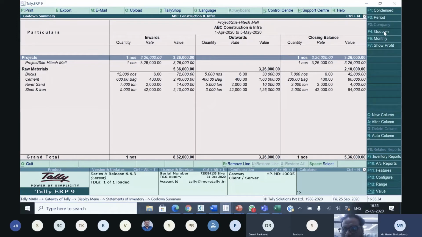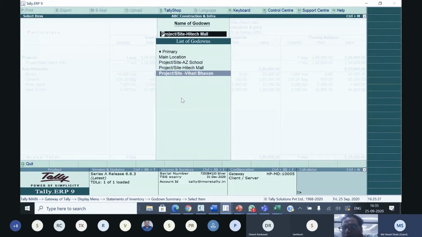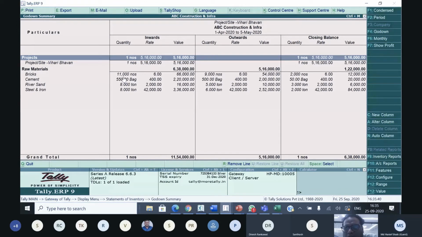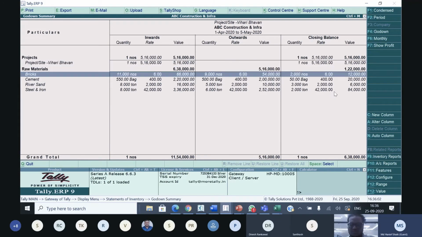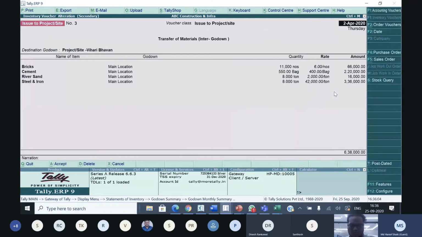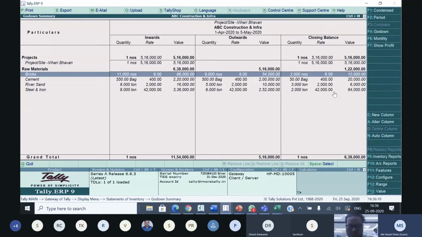And one more project I will show, the last one, Bihari Bhavan. Same way. These are the values received from our main location to the project. These are the values consumed for the project, and the consumption value here produced value for that project. These are the balance stock values available with the project or site. For all reports you want to fact find, simply press enter. You can see down to the voucher level. Do you want to export any report? You can export, print, email and everything, every facility is there.